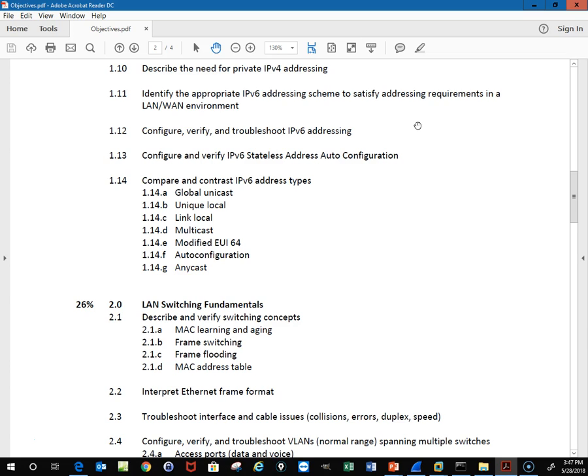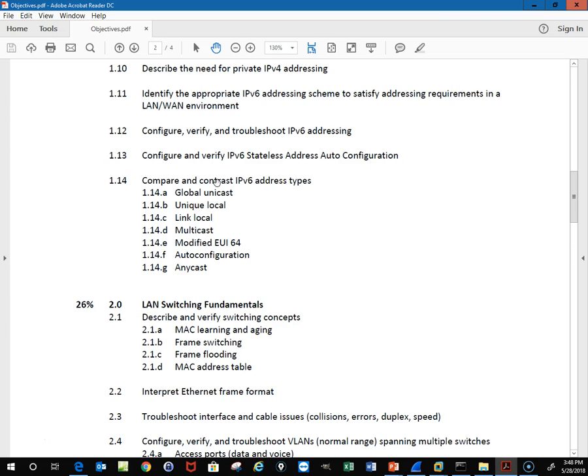Once we have an address, we'll look at what my ISP has given me. I have a network prefix, a 64-bit network prefix, which leaves 64 bits for host addresses. So that should be quite adequate for my little network of 8 devices, including phones and tablets and all. But you could have a substantially larger network. Configure and verify IP stateless address auto configuration. I'll do a demo, as a separate entity, after we do the